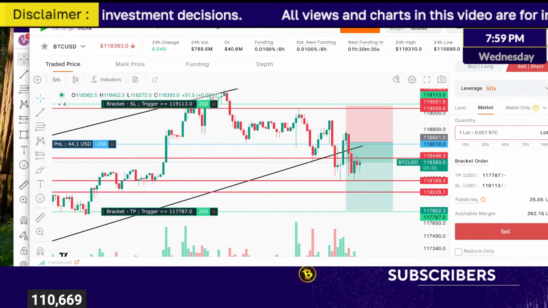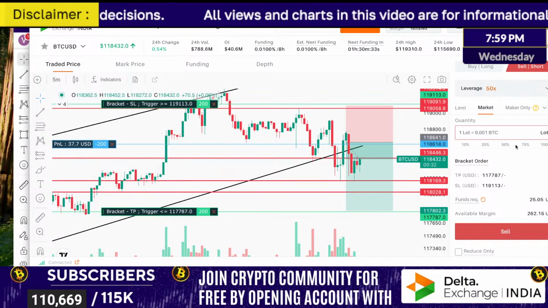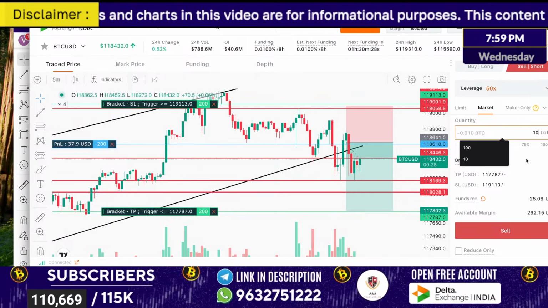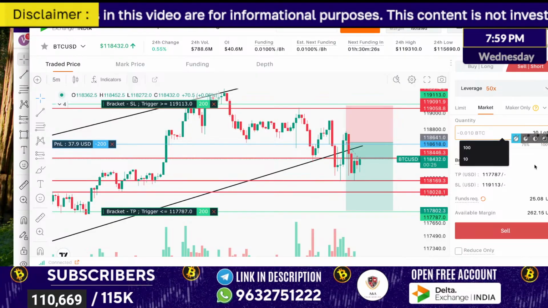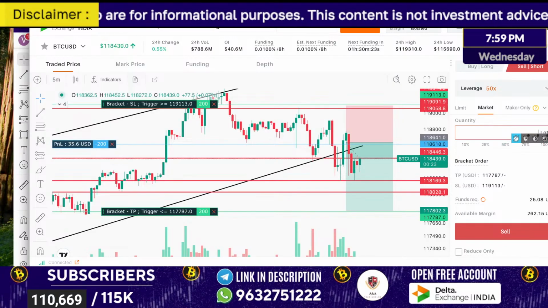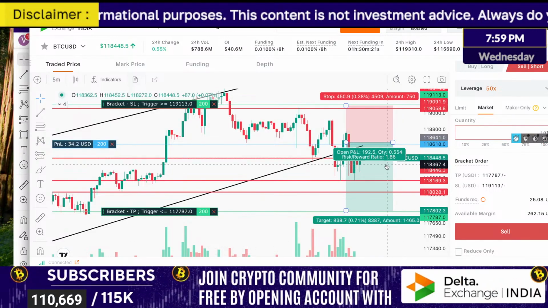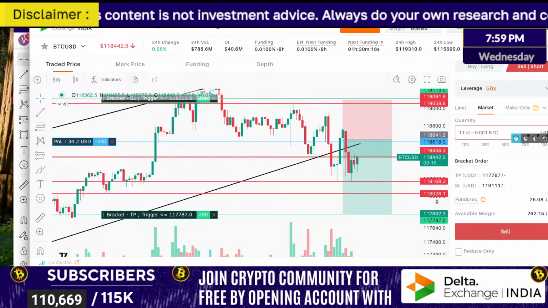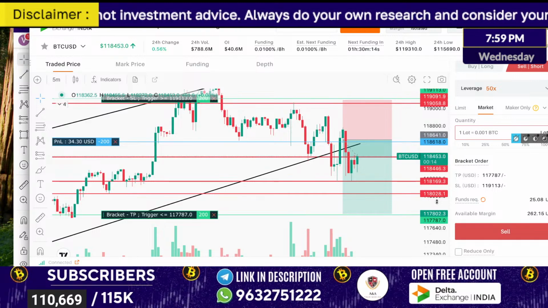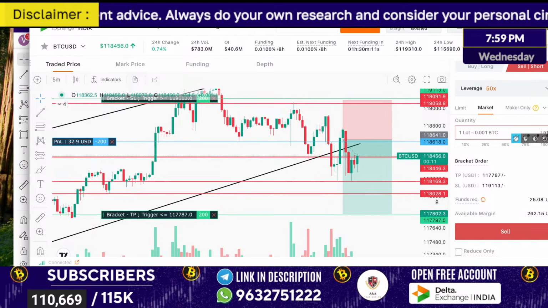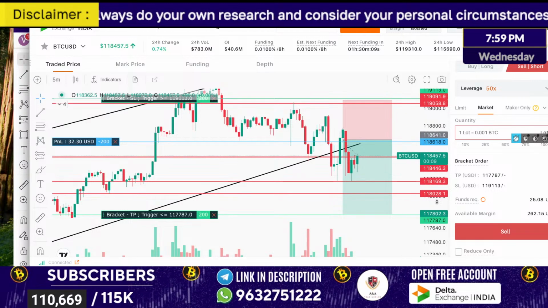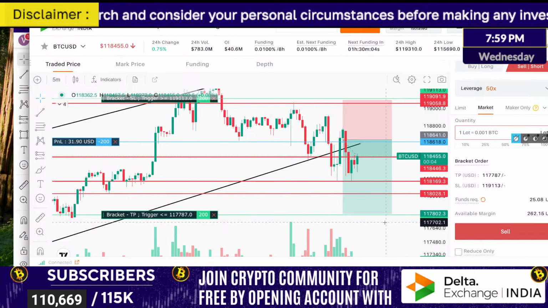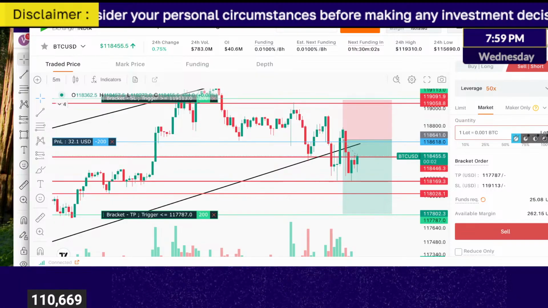How many lots can one take? I am saying with 10k, just start with 10 quantities. See how long you can hold on. Every trade that you take, just take 10 quantity, with minimum 1:3, 1:4 risk reward. All right, so that's how you need to try. The market has been holding on to this zone for too long, traders, and we have been live for more than 1 hour now.